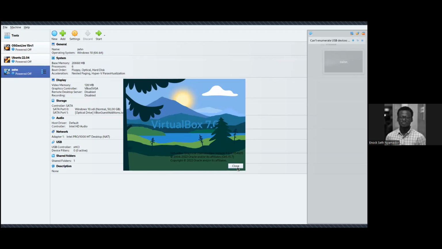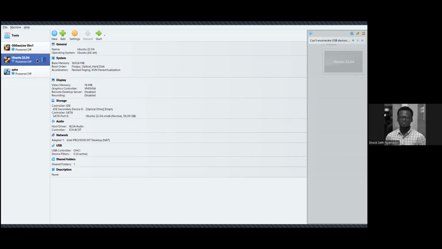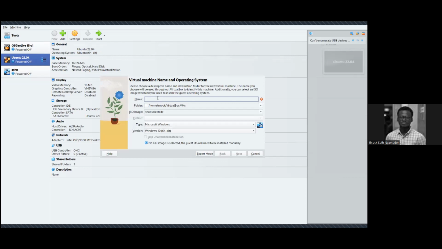So this virtual machine here is a whole computer on its own. You create a computer and then you run this operating system on it, but it's running within the computer in which I am now. So it's a guest. The host is what you turn on, it boots, it's Windows, Mac, or maybe the same Linux, and you can run this. So we have a host and a guest. So I want to add a new machine. What I am showing you is all on the OSGeo Live page, live.osgeo.org. So a new machine, I want to call this machine just OSGeo Live.